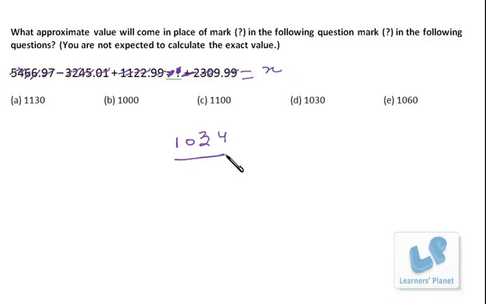Now 1034 is the answer that you are getting, and which option is quite closer to each other, that is 1030, right? So if you had approximated to some higher side and lower side, you might have got the answer as maybe, chances are there, 1060. Okay, so what we did, we just eliminated the data after decimal, right? So 1030 is the correct choice. Okay,